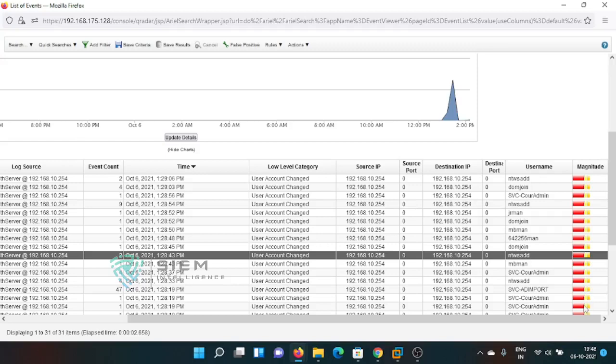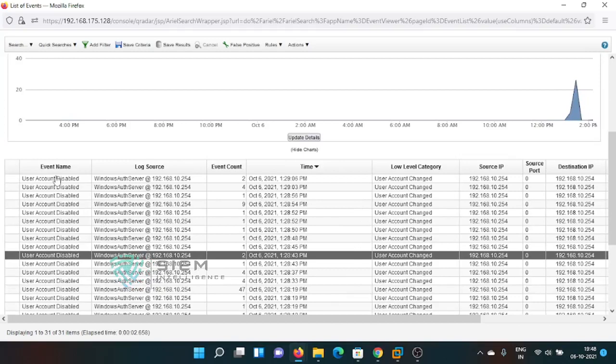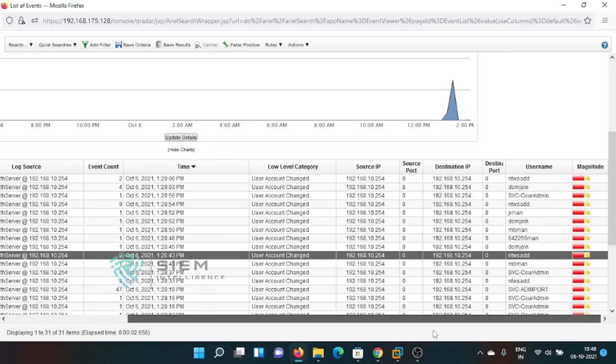So what do I have to do? I have to do grouping on this particular username. Now I picked out two specific events. I want to go again through event towards username: what is the username and how many times it has been disabled.